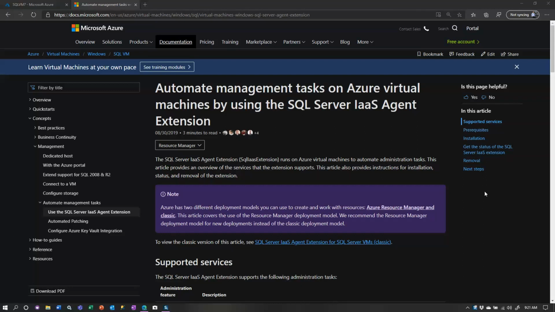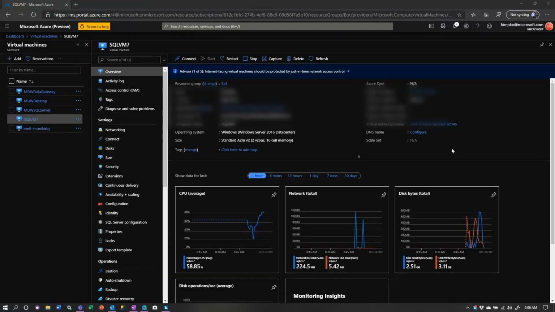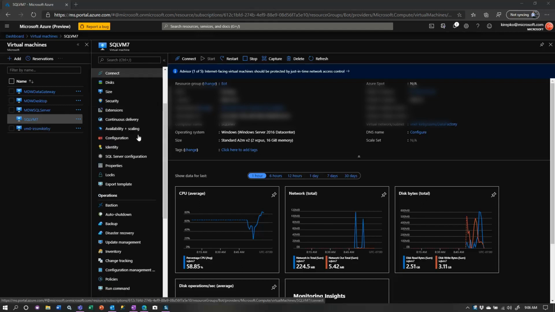Just wanted to make a really short video, show you some of the advantages to running SQL Server on a VM in Azure. I love all the benefits of PaaS, but there are some neat benefits even running SQL Server as IaaS in Azure. So we're looking at a virtual machine I have set up in Azure with SQL Server running on it. And in this initial blade here, the overview blade, you can scroll down and look at disaster